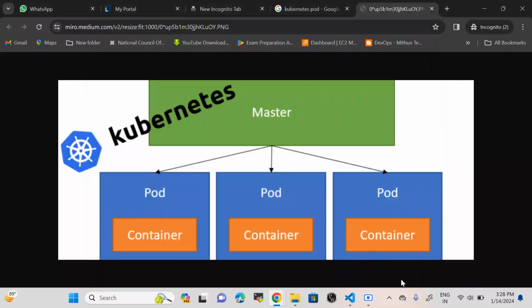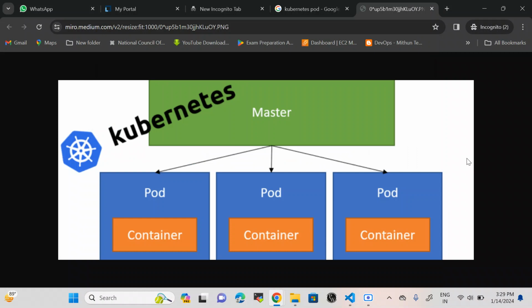Hi everyone. In the last video, we discussed how to install Docker Desktop on Windows, and we saw how we can run Kubernetes on top of Docker Desktop. In this video, we are going to discuss how to create containers inside of a pod, how we can run a pod, and how we can log inside of the pod, and